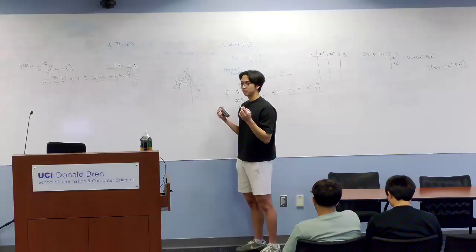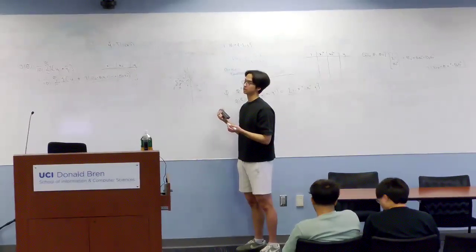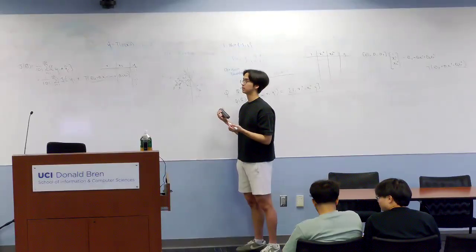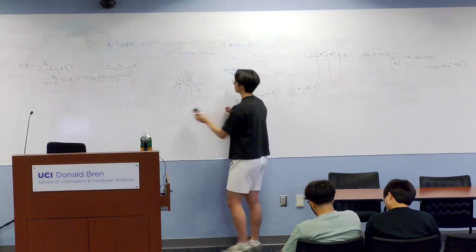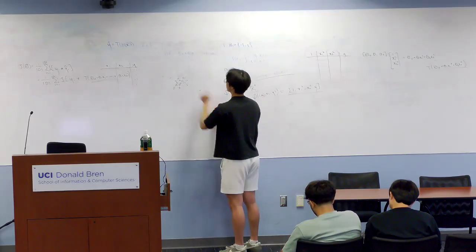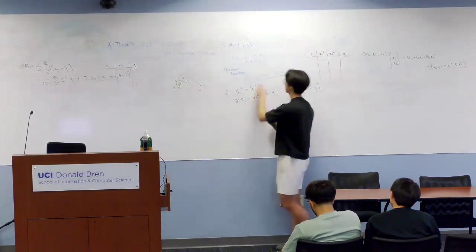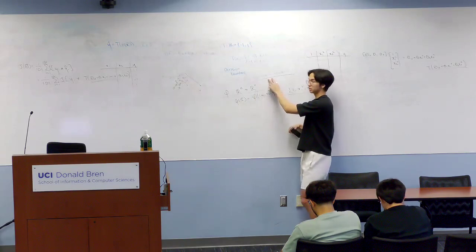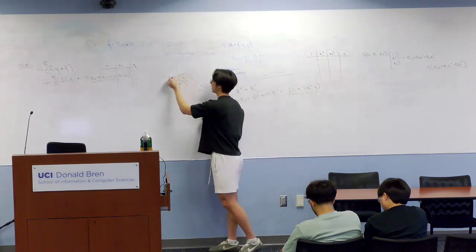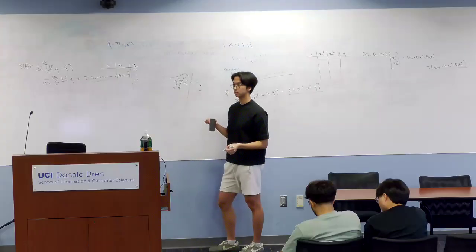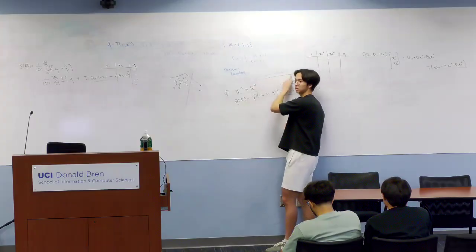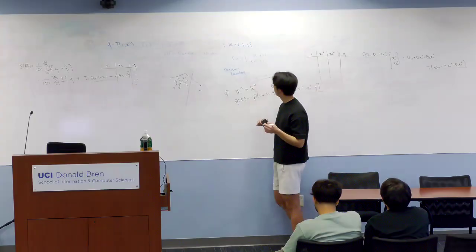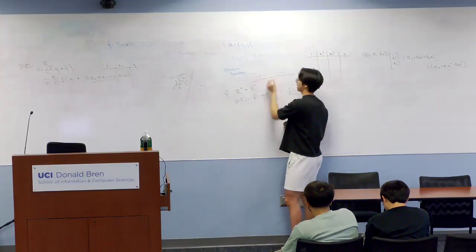A decision boundary is the set of points for which, on one side, it makes a certain classification, and on the other side, it makes a different classification. In this case, our decision boundary is given when the linear response is equal to 0, and that forms a hyperplane in feature space. That's the equation theta 0 plus theta 1 x1 plus ... plus theta n xn equals 0, a bias plus these n weights.